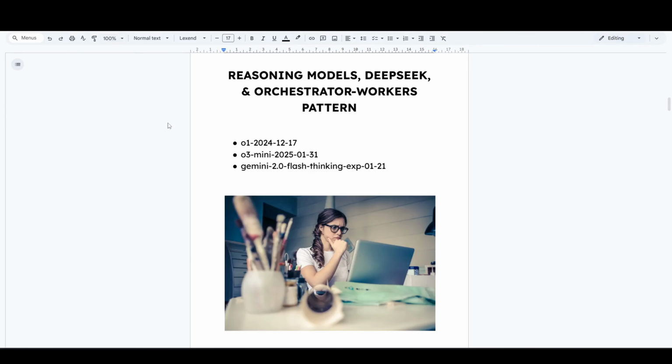Let's quickly understand why reasoning models are crucial. They are advanced AI for complex tasks needing deep thought, problem solving, like multi-step reasoning and handling ambiguity, which we know that traditional models often struggle with. And this is essential for mission-critical applications. That's where the power of robust reasoning, driven by advanced AI models, becomes absolutely essential. Models like OpenAI's O1 and O3 Mini and Gemini 2.0 Flash Thinking provide this.